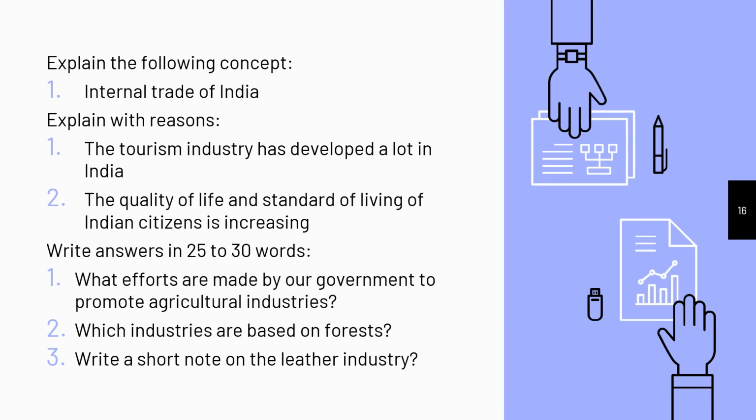Next question: write answers in 25 to 30 words. What efforts are made by the government to promote agricultural industries? Now, for this answer, children, you will find it on page number 44 in the paragraph on agriculture, what it is that the government is doing to promote agriculture, and you can find that loans are given